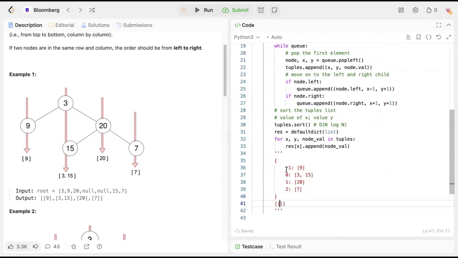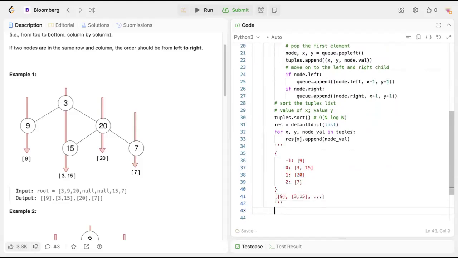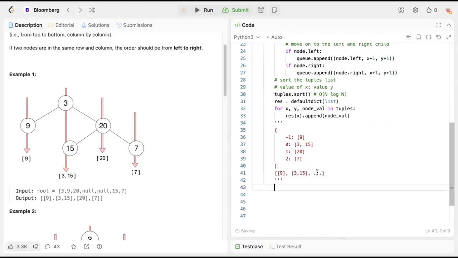So we'll just get rid of all the x values. So we're gonna output 9, 3, 15, stuff like that, right? So we're gonna return a list containing the value lists in that map. So result x for x in